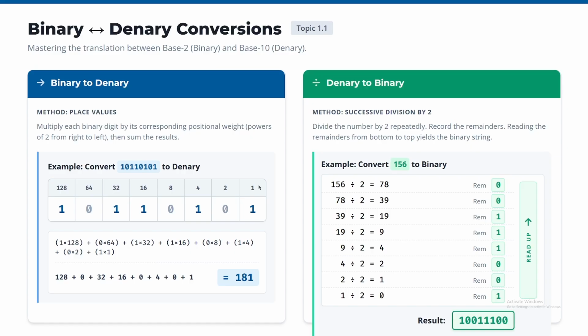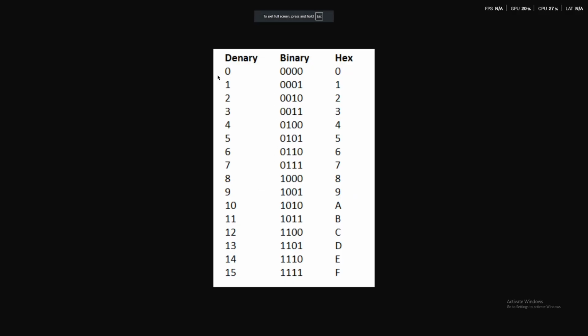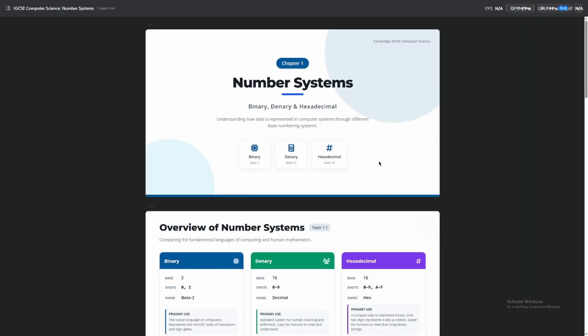So here's how you can convert from binary to denary. As you can see, the denary values have a binary value associated with them. The denary value 3 has a binary value of 0011. The denary value of 10 has a binary value of 1010. If you want to know how to do that, we basically multiply